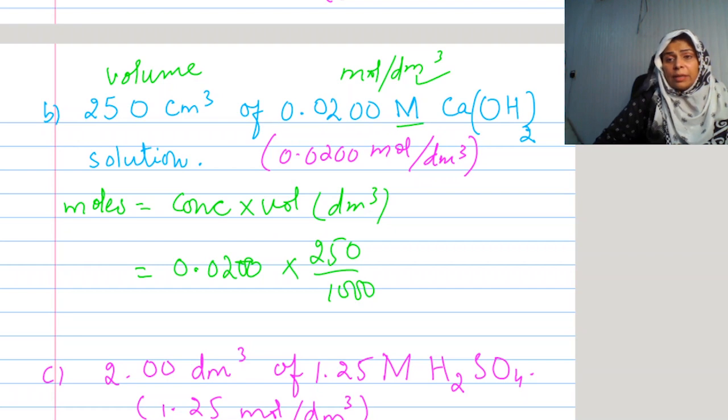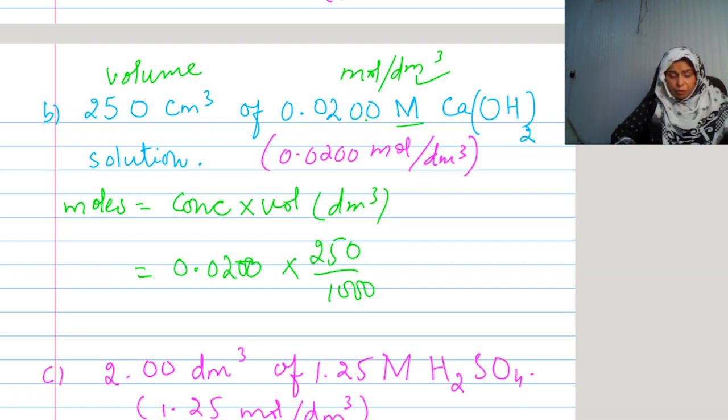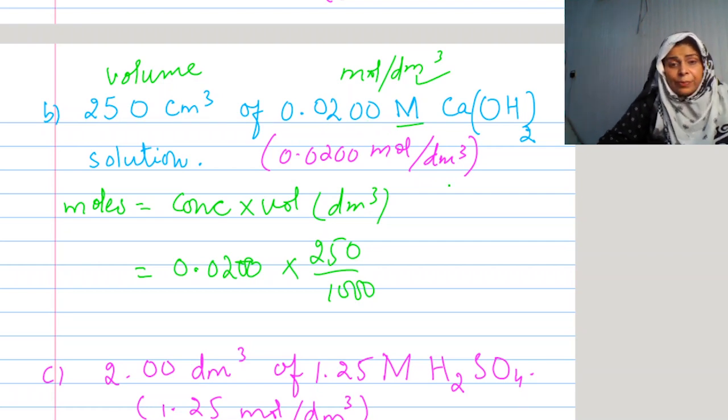In the previous step we have already divided it, the answer is 0.25. Multiply by 0.0200, then the answer will be the moles,